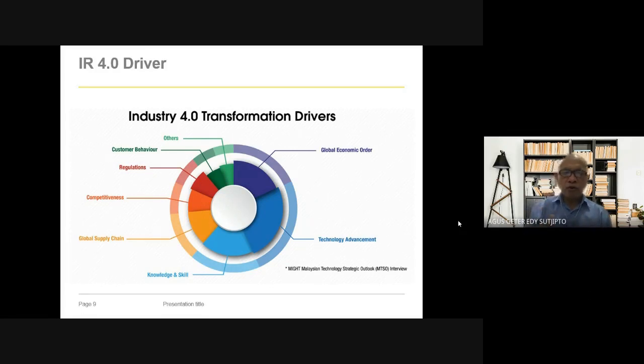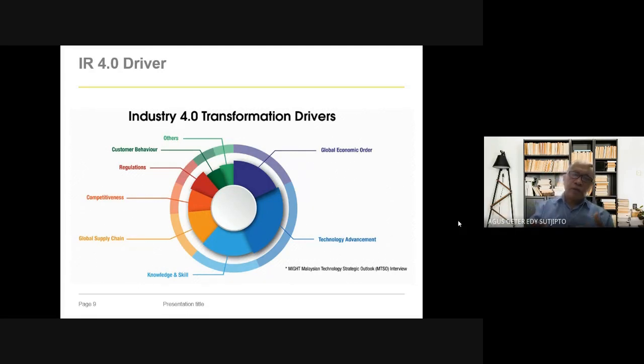So we know about the supply chain management in the past. Then how to accelerate this when we apply technology advancement like the internet or online system, cyber physical system, for example. So they will affect the supply chain management as well. And of course, by applying 4.0, we can be more competitive.